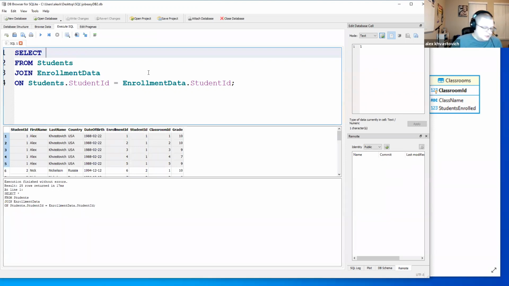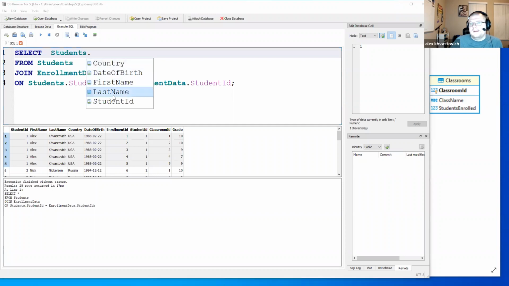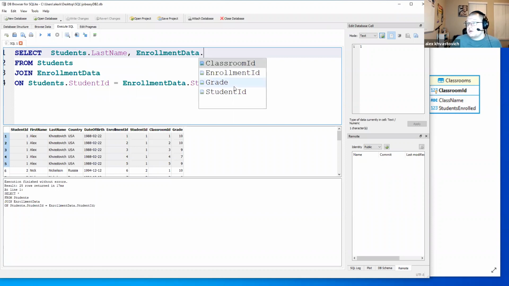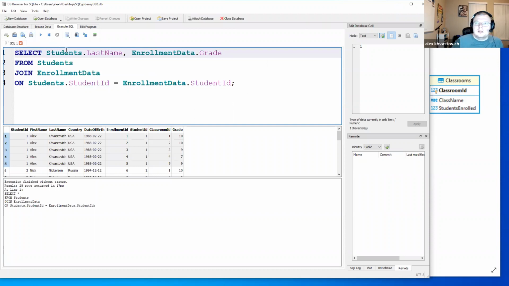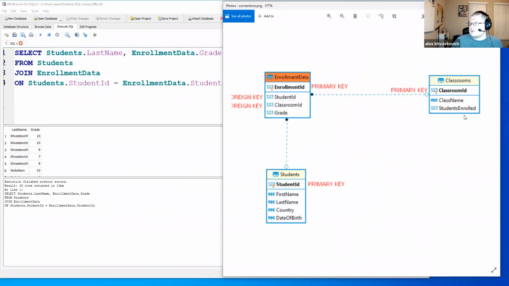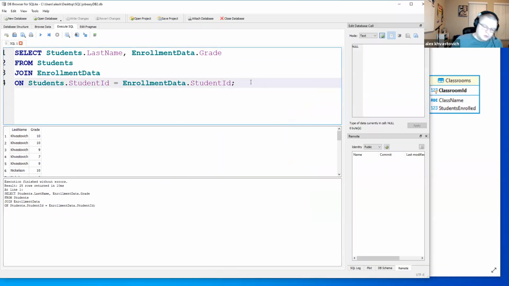So you need to provide a table name. So from students, I want to get last name, right? And then from enrollment data, I want to get only the grade, for example, right? So, and let's run this. All right, that's nice, but something's missing. I want to also grab our classrooms here because I want to know what classroom the grades are for. And then you're doing another join